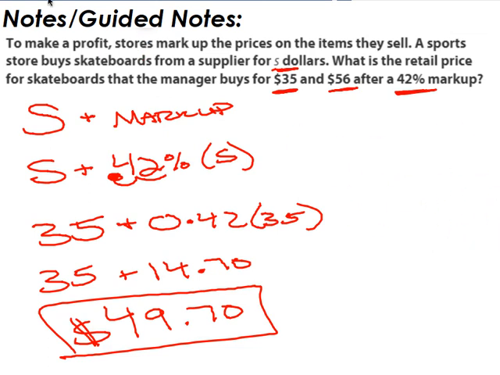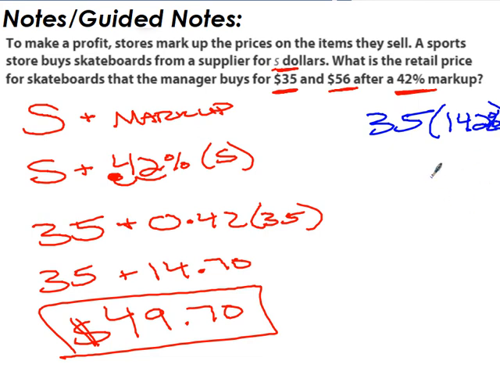Another way to figure this out, and I'll do this one in blue over here, is by taking the 42% markup and just multiplying by the original value and adding that 42% markup to the original 100%. So here's what I mean by that. If you're marking something up 42%, the original cost is equivalent to 100% of the cost. So the original cost 35, that is equivalent to 100%. So if I actually want to mark it up by 42%, that means I'm really charging them